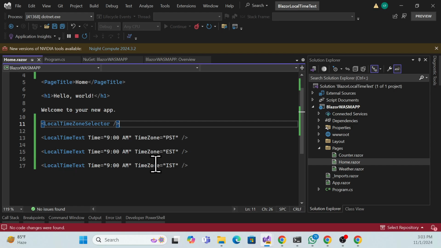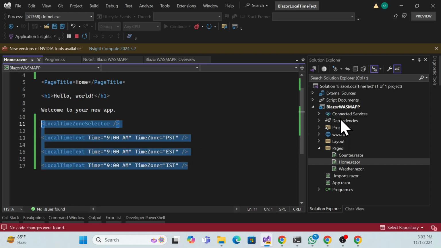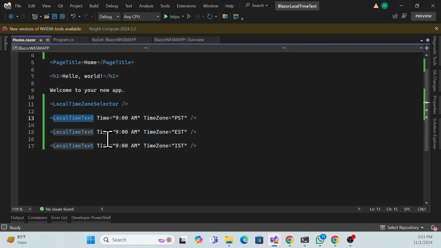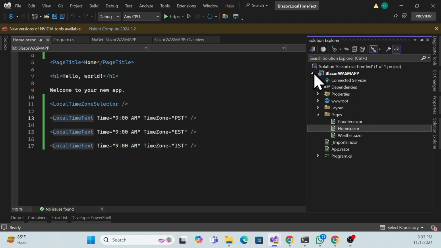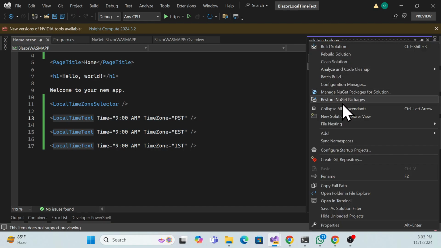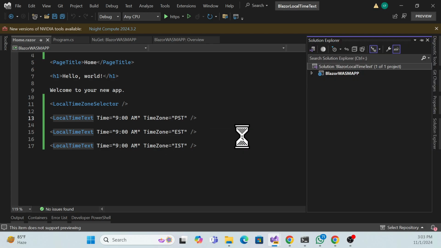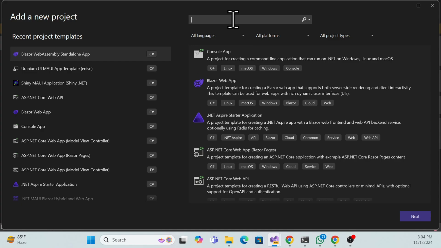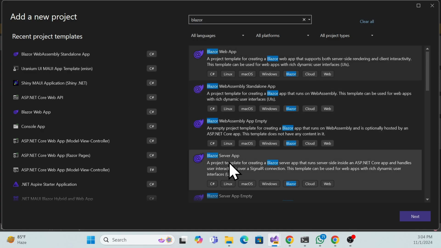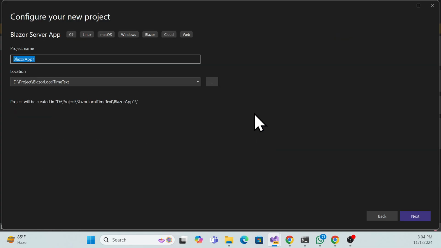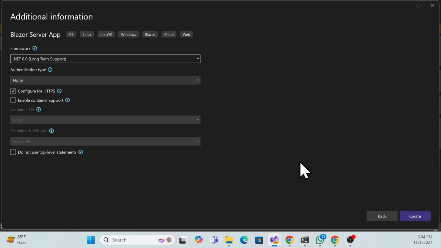local time text component in our Blazor application or web application. Let me show you how we can use the same component in our Blazor web server application. Let me right click on the solution and add another project which will use Blazor server. Choose the template, Blazor server app, next, and choose the latest template, .NET, okay, server does not have